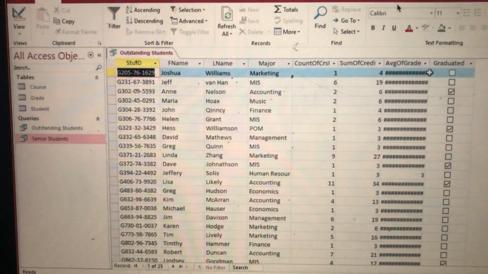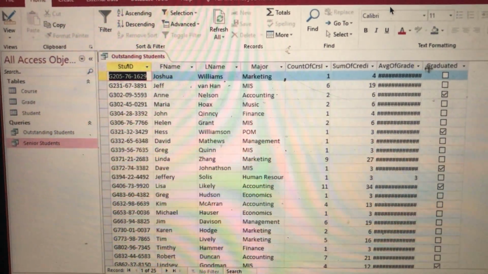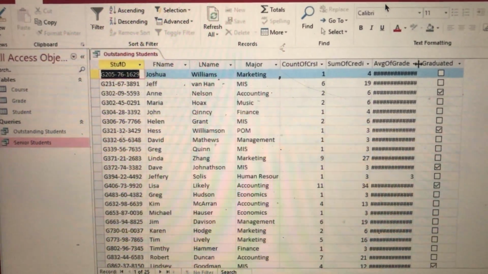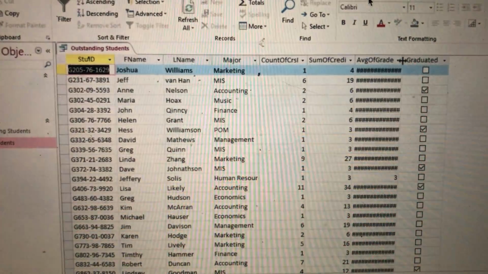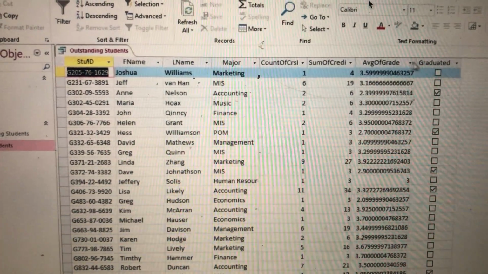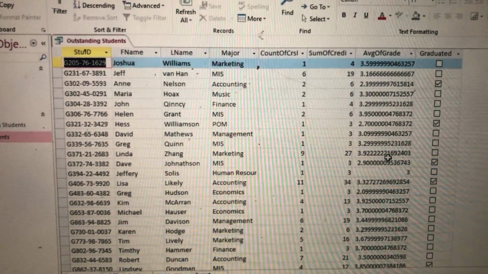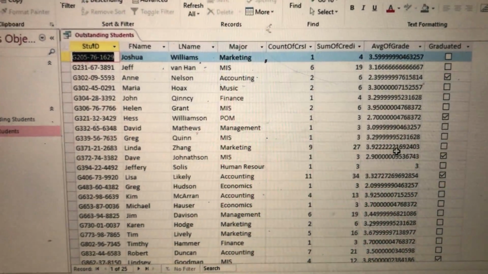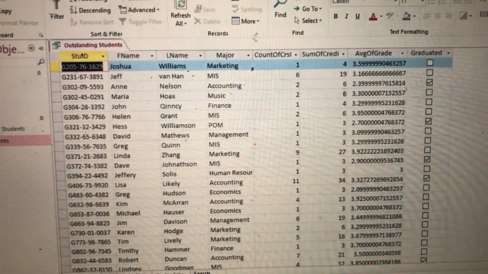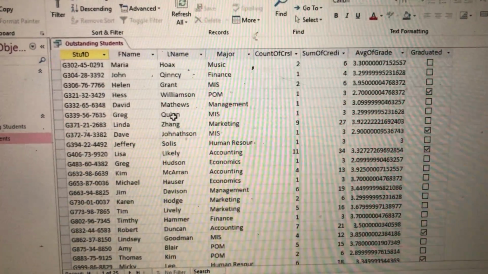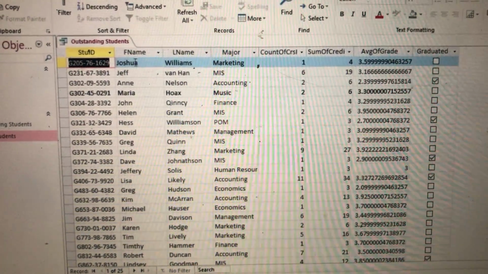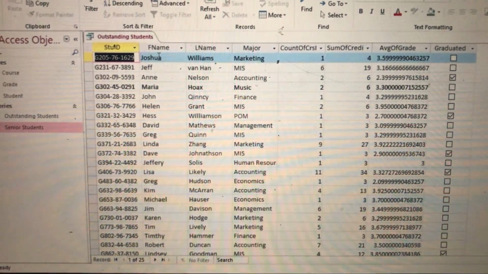So put the cursor on the title, between the title bars. Whenever you see the sign change, double click. It will automatically find the best fit at this point. By doing this, we may have noticed one student only shows up one time,